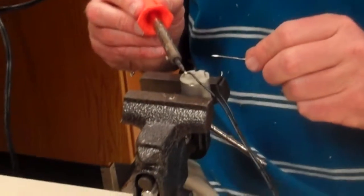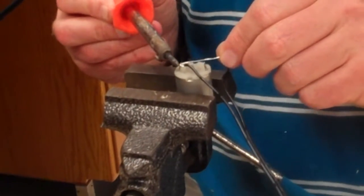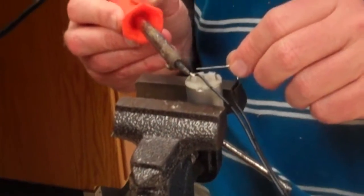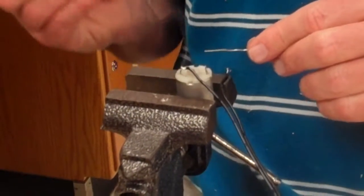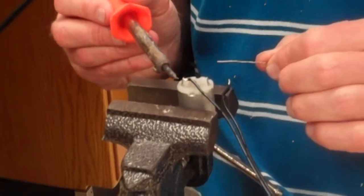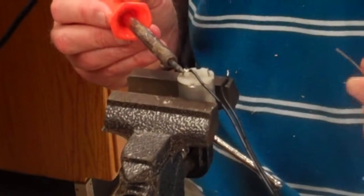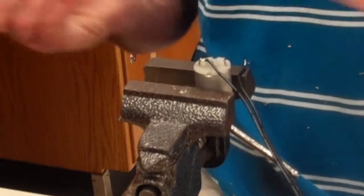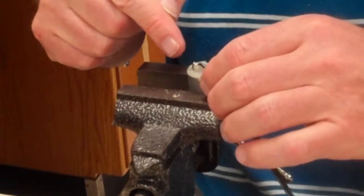All you need to do is heat up the metal around the wire in the contact, and the solder will melt. It doesn't even have to touch the soldering iron. What happens is the solder will go to the heat source, the soldering iron. So you put the soldering iron on one side of the contact, put the solder on the other side, and the solder will naturally flow to the soldering iron. So that's just what I did, and we've now secured the